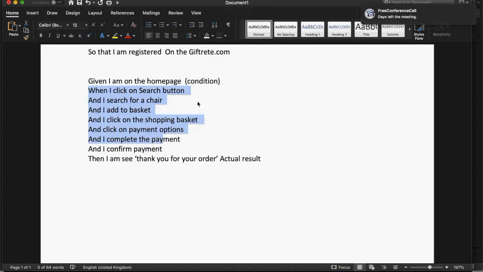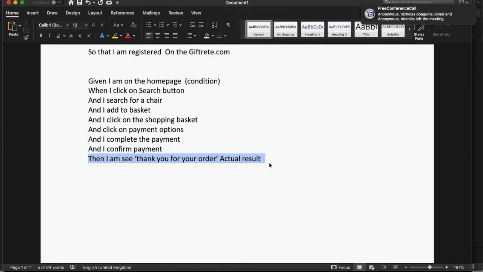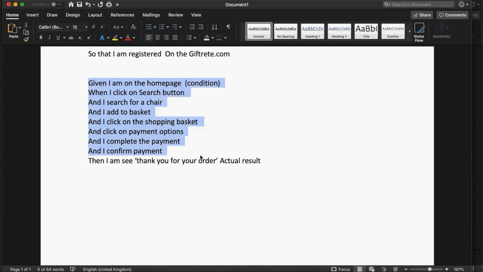are your actions. Actually, sorry, your action starts from here. All of these are your actions. So these are everything that you should be doing to get to this end result, which is the actual result where we want to go to. So by the time you do all this, if you are able to write your scenarios in this, as a